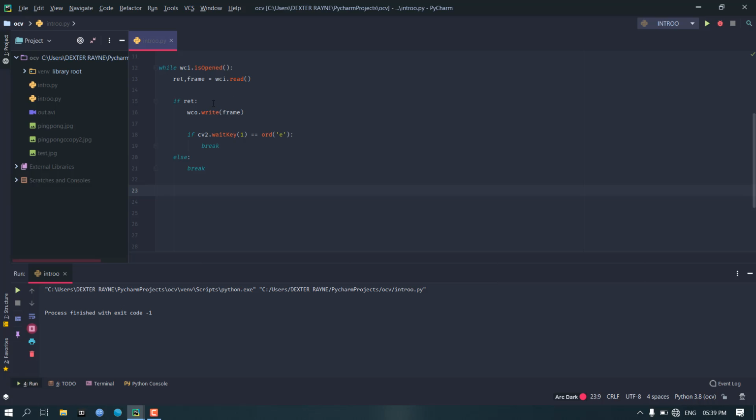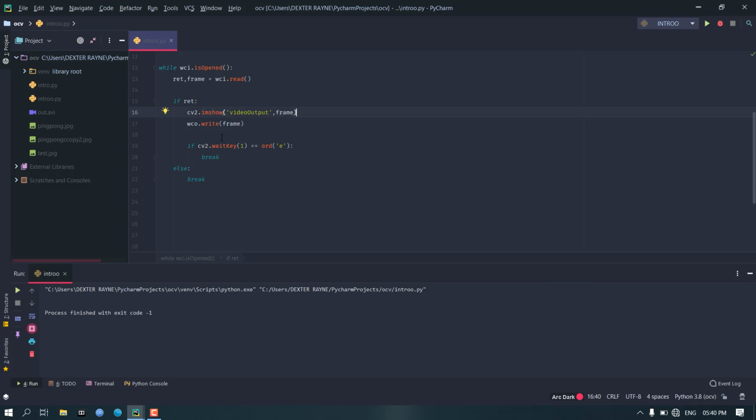But one more thing, I think the frame that we are going to write, we should also show this. In order to see the frame, we just need cv2.imshow. The window name will be video output, and the second thing, the image which we want to show is frame. So we have video output and frame is the name of the frame of the video. Okay, so we are done with this.